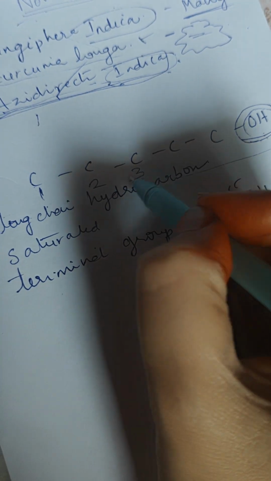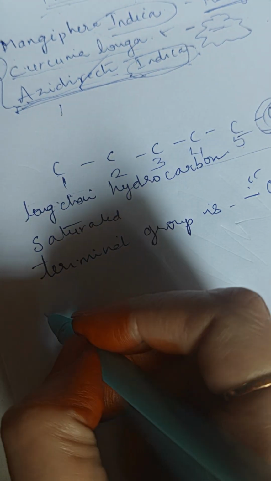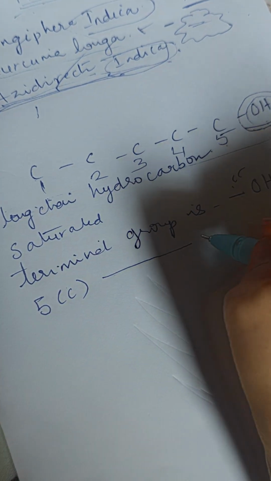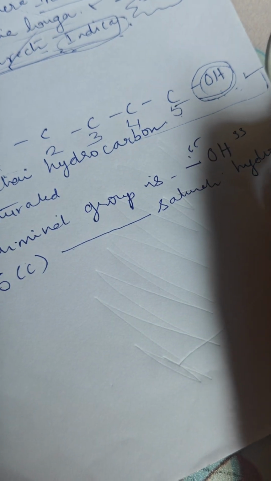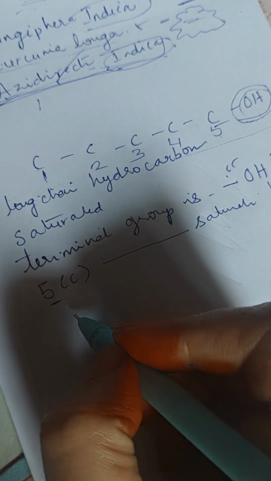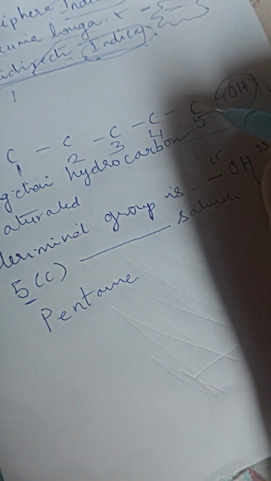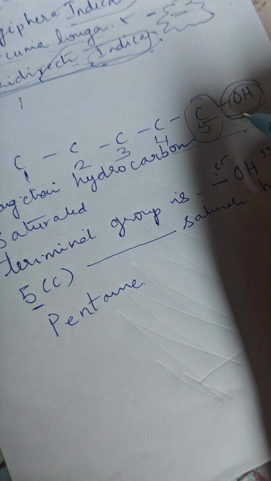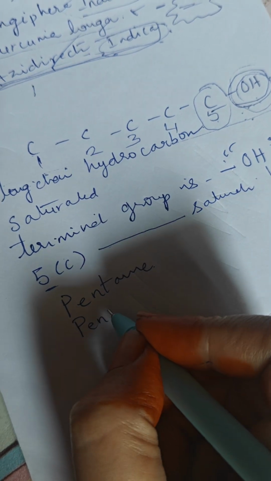Here you have to number it 1, 2, 3, 4, 5, so that it is a 5 carbon long chain saturated hydrocarbon, so pentane. But the fifth or terminal carbon is substituted by an OH group, so pentanol,